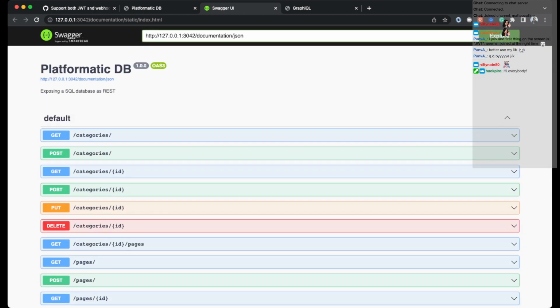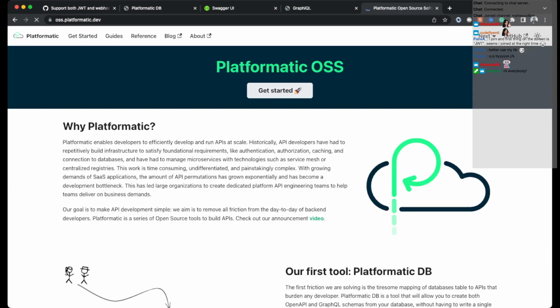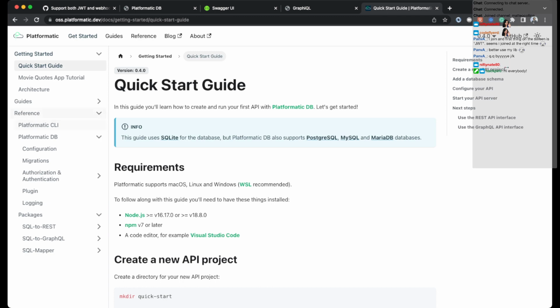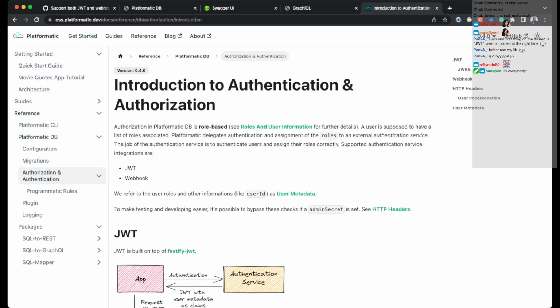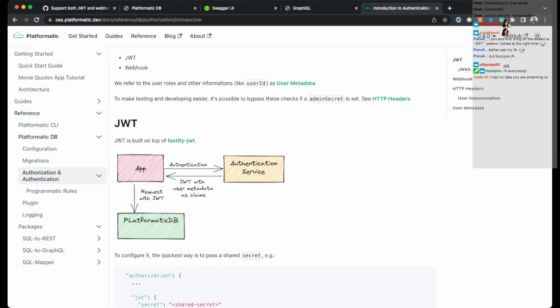So that's what Platformatic DB does. What you probably don't know is that Platformatic DB also supports some level of authentication and some level of authorization. So in here, in our docs, you can see authentication and authorization, and there are a few diagrams. So basically, you call with Fastify JWT, okay, and then